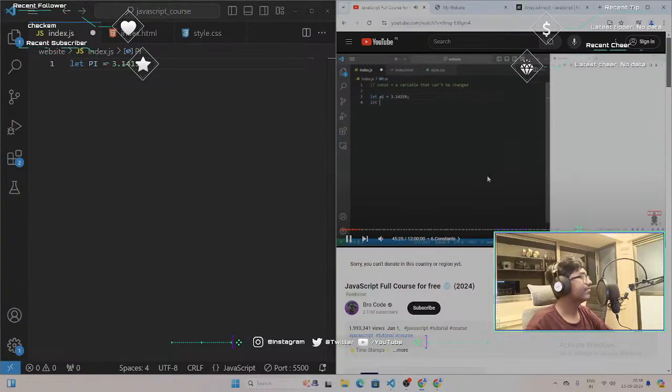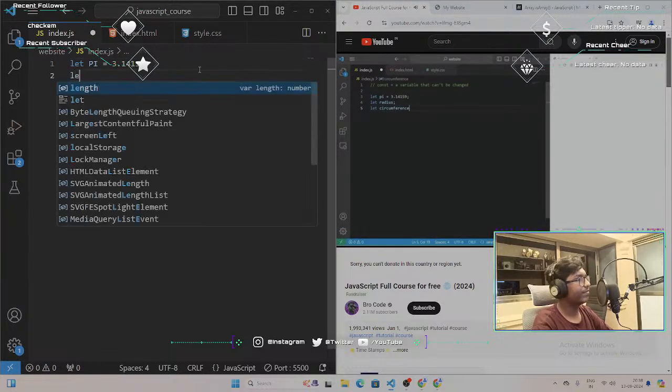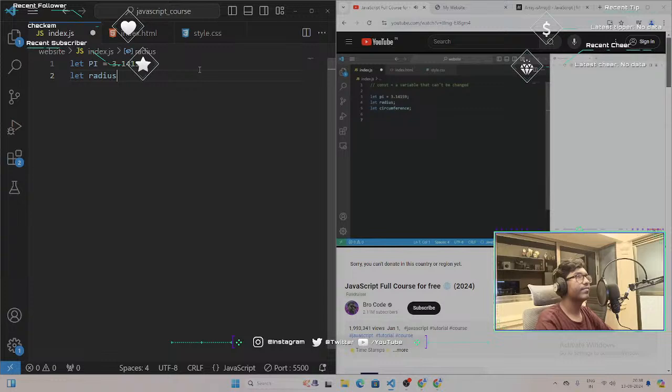3.14159. Then we have let radius, which we will assign later. We'll ask for user input. Then let circumference. I think I spelled that right. I can never spell circumference. All right, now we need to ask the user what the radius is. I will just use a window prompt. Radius equals window.prompt. Enter the radius of a